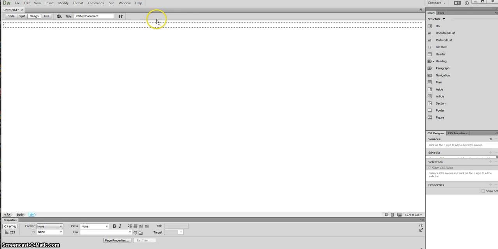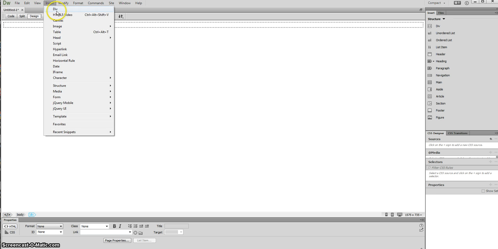What we're going to do is work with tables. Tables are a very useful way of producing websites where you've got different kinds of content that you want to mix together. If you have images and text, maybe some multimedia, hyperlinks, it enables you to mix those different types of content easily. It's not the only way of making a website, but it's where we're going to start today. When you've got your screen looking like this, I need you to go to insert, and then